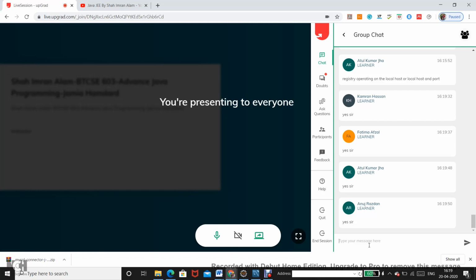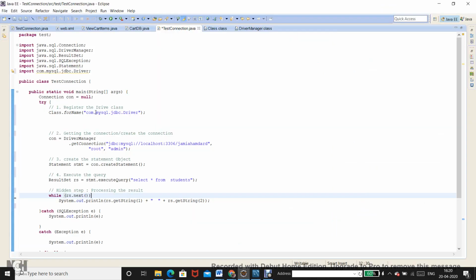The most realistic application of it is that this particular name that you see as a string is never hard coded in real applications. It comes from some text file, like an XML file or a property file, right?